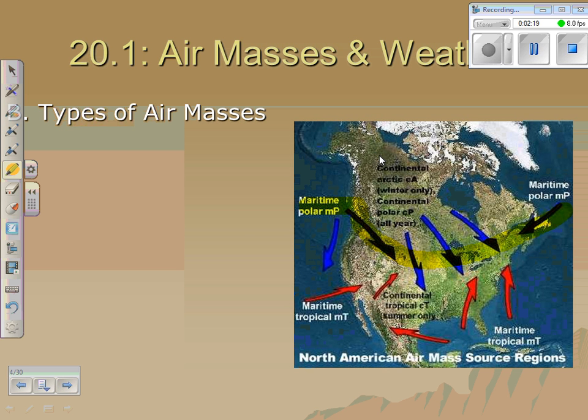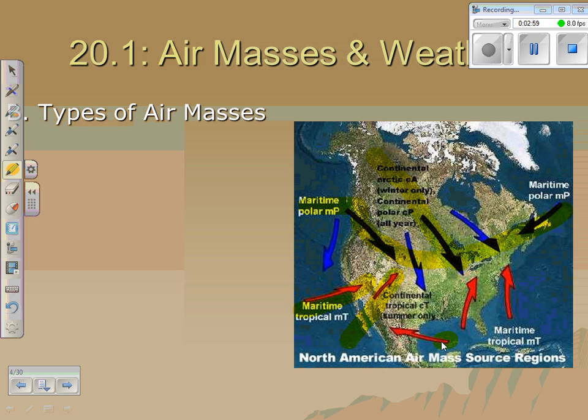Occasionally in the summer when we get a bad cold snap, a cold front comes down, continental Arctic can come down and influence our weather, making it a lot colder in northern Wisconsin. Maritime tropical, when you see weather that it rains a lot in like LA, when they do get rain. Maritime tropical from the Pacific and into the coast of California. Continental tropic, this brings the moisture and the warm air in the summers into areas like Las Vegas possibly.